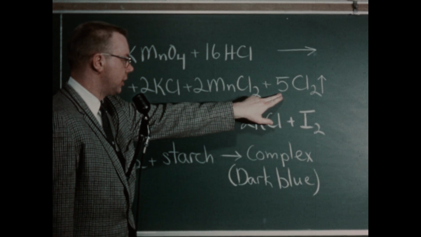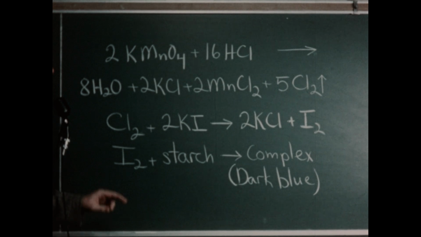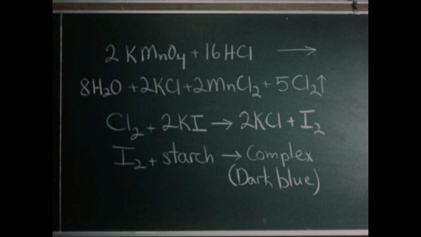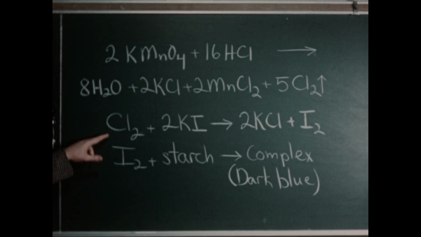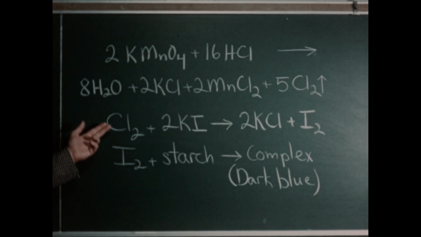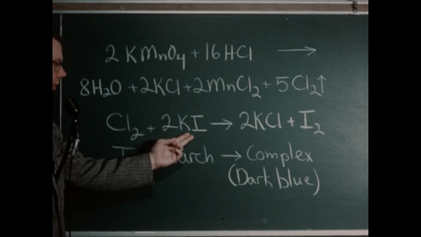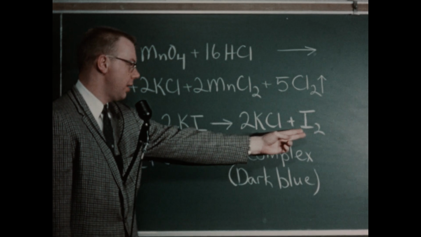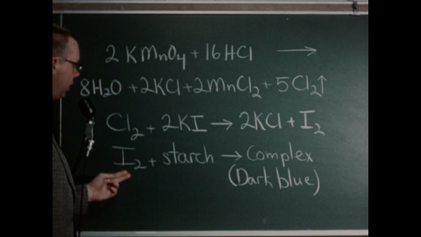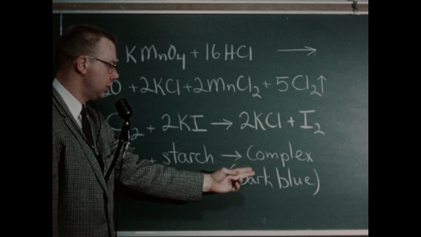Knowing the chlorine gas was given off, we then developed the test for the presence of chlorine using starch iodide paper. We found that starch iodide paper turns purple when it comes in contact with chlorine gas, and the reaction in question is on the lower part of the board. The chlorine reacts with potassium iodide in the starch iodide paper, forming potassium chloride and iodine. And the iodine then reacts with the starch in the paper, forming the starch-iodine complex, which has a dark blue